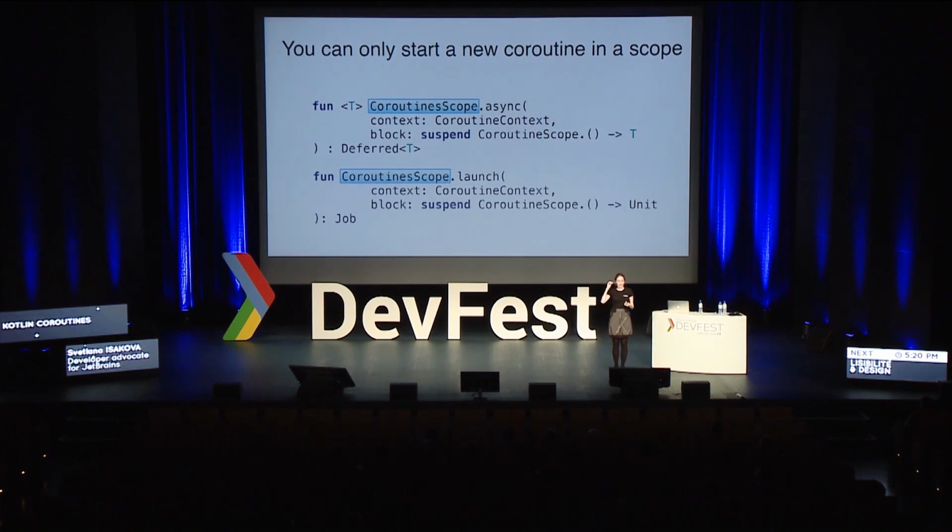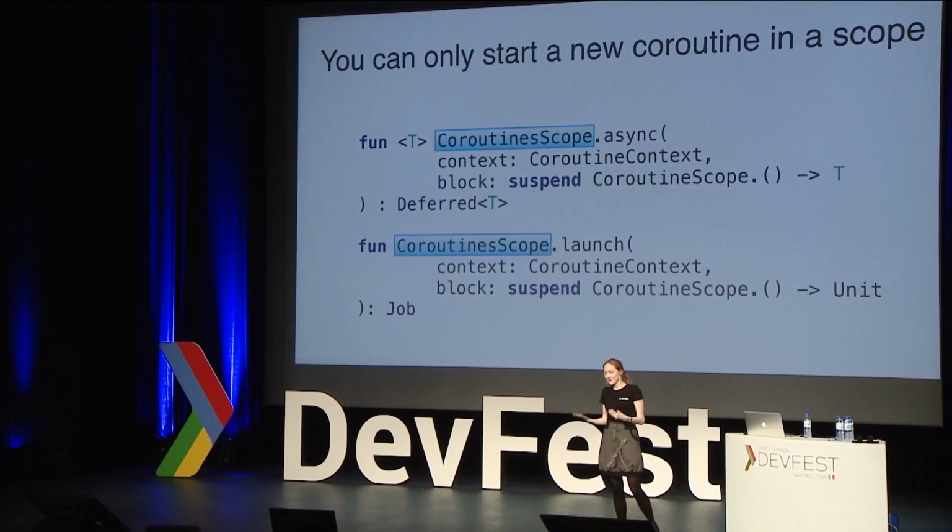The difference that was introduced in this late release: probably if you already used coroutines, you know that you could use async await directly from any point. And that means that these new coroutines were started in some global scope. However, now, after the latest change in coroutines 1.0,